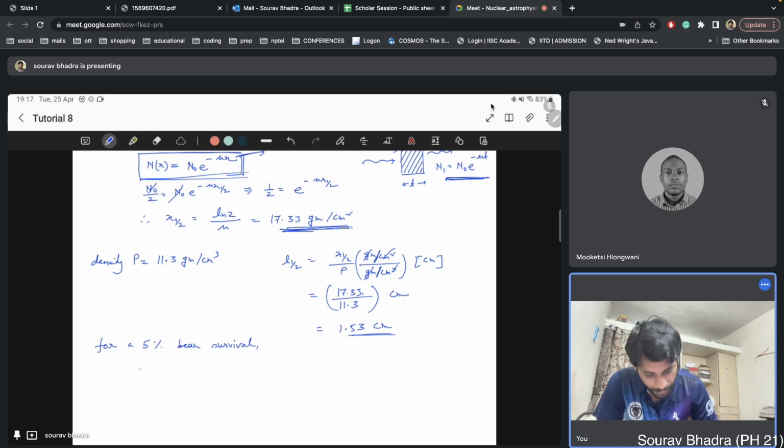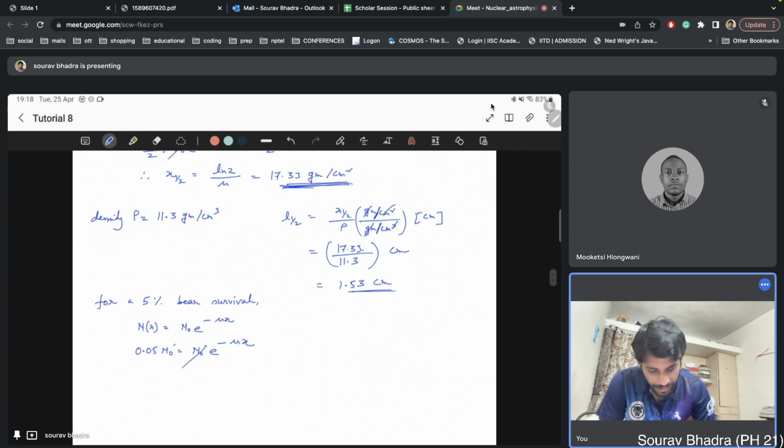Okay, so again nx is n0 e to the power minus mu x, and here it has been told that nx is 5%, that means 0.05 of n0, and we will write that like this. So again just take the log from both sides and you will get your answer. x will be minus 1 by mu log of 0.05, which will give you 75 gram per centimeter square,